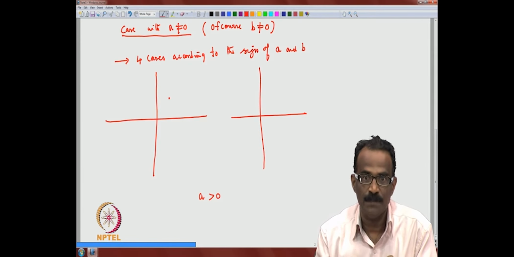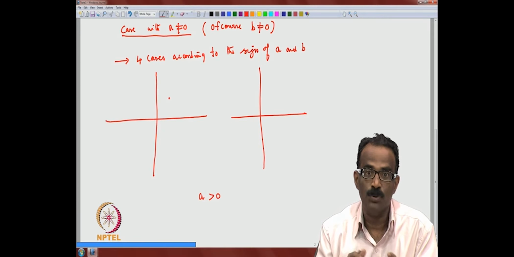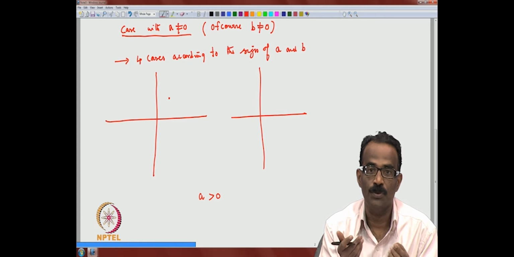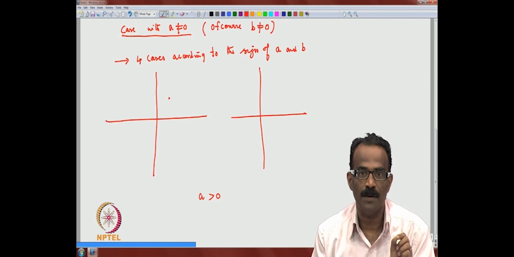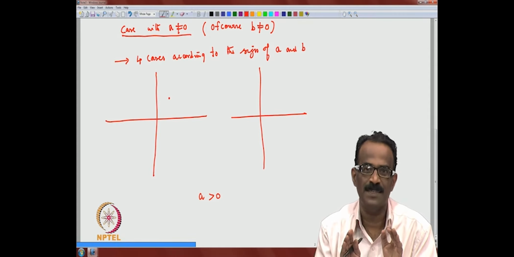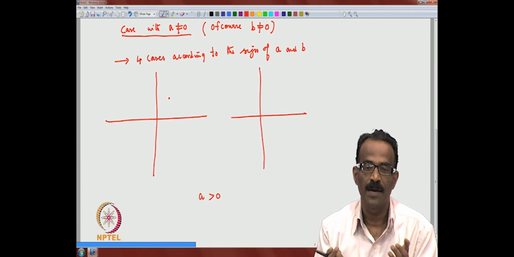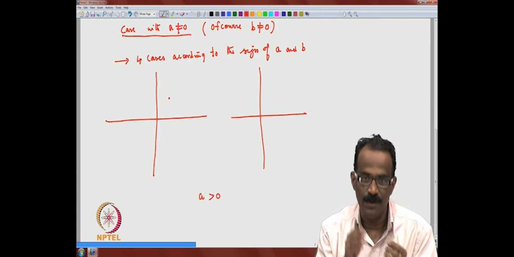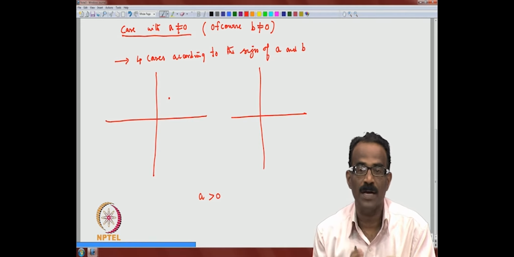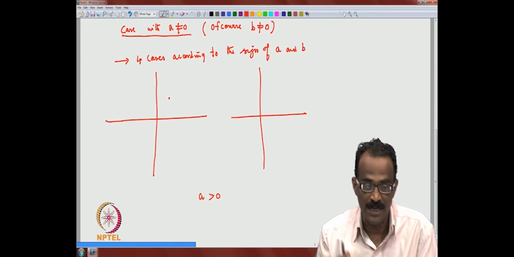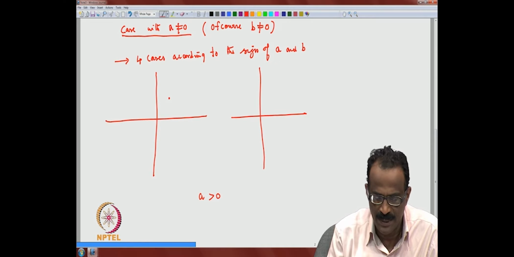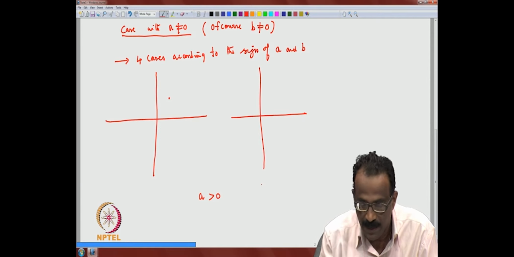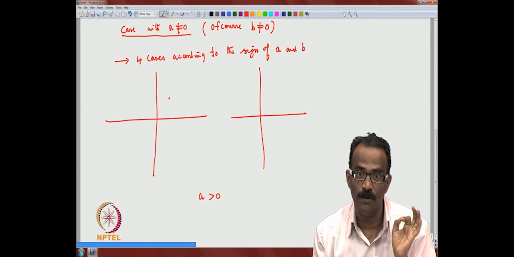The exercise I am going to suggest here: if you want to say whether it is clockwise or anti-clockwise, what is the sign you have to choose. You start with some particular values of B and also particular values of A. So consider 2 specific situations: choose B equal to 1 and A equal to 1, and then take B equal to -1, A equal to 1, and try to see how the rotation takes place. To see one specific case, I want to know that the rotation amplitude is going to infinity.